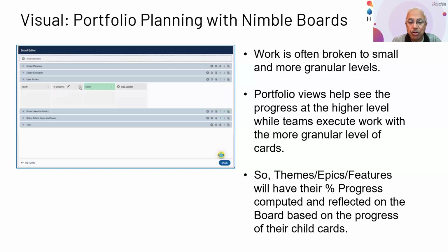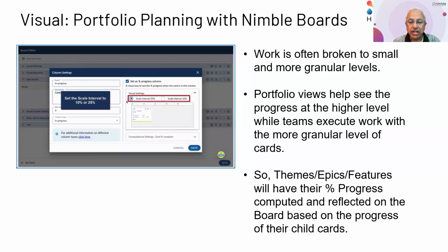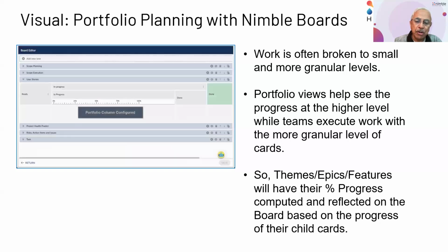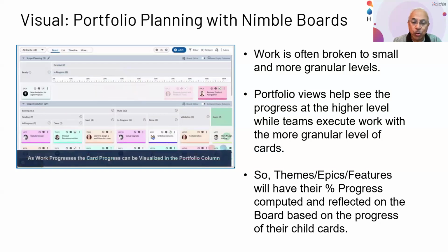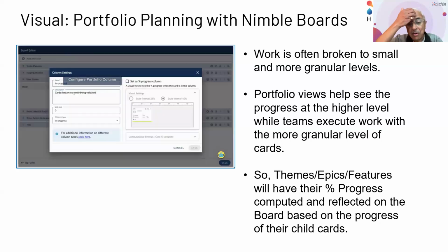There is no limit to the number of levels you might have on the hierarchy. You can have, let's say, strategic objectives that you define at the highermost level, breaking down to themes, breaking down to initiatives, and then onto epics, features, etc. Whichever way you define your own hierarchy, you can model it completely using a system like this, and then very visually track it to see how those objectives are being met because of the progress of stories at the lowermost